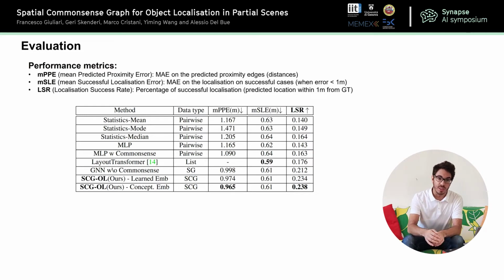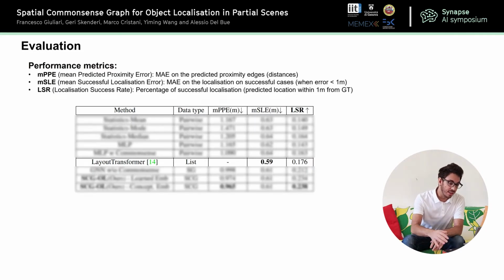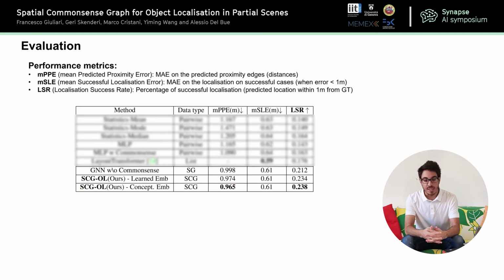to compare with the previous state-of-the-art approaches like layout transformer. The layout transformer is a method based on the transformer architecture that was proposed for layout estimation, and we adopted it for audience localization. And with this method, we were able to achieve an LSR of 17.6%. Then we tested our